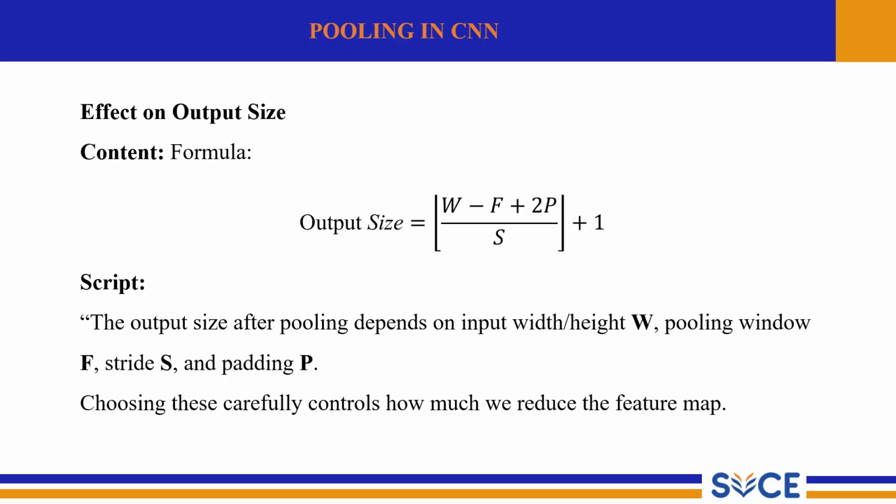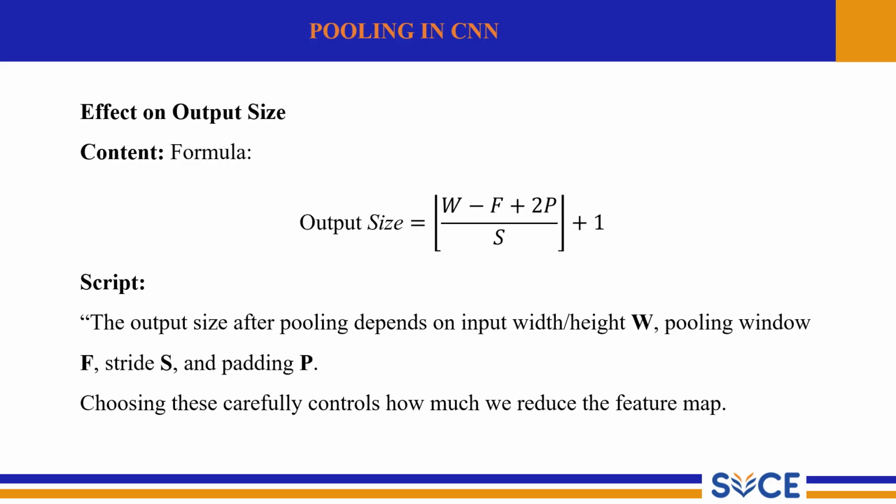Effect of pooling on output size. After applying pooling, the output size of the feature map depends on a few key factors: the input size, the pooling window, the stride and any padding we use. The formula is output size equal to (W minus F plus 2P) divided by S, plus 1. Where W is the width or height of the input feature map, F is the pooling window size, S is the stride, or how far the window moves each step, P is padding, usually 0 or